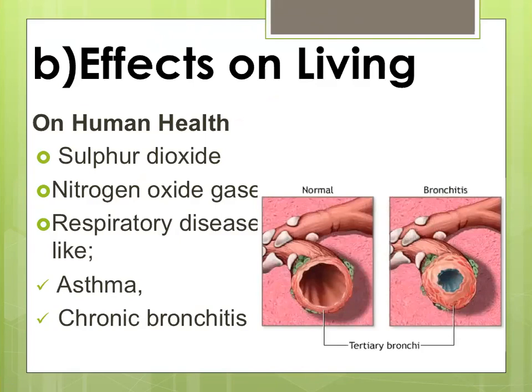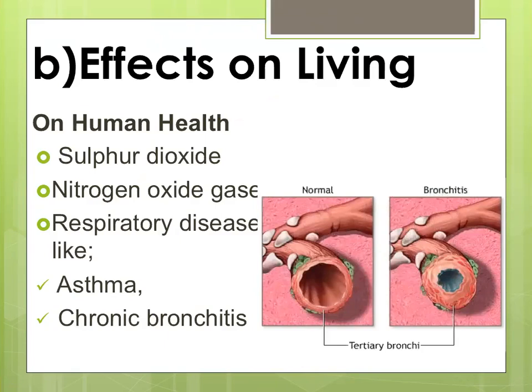Chronic bronchitis is the inflammation, that is swelling and irritation, of the bronchial tubes. These tubes are the airways that carry air to and from the air sacs in the lungs. The irritation of the tube causes mucus to build up. In this way, this chronic disease will